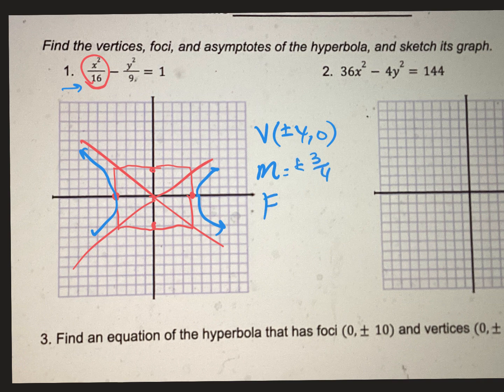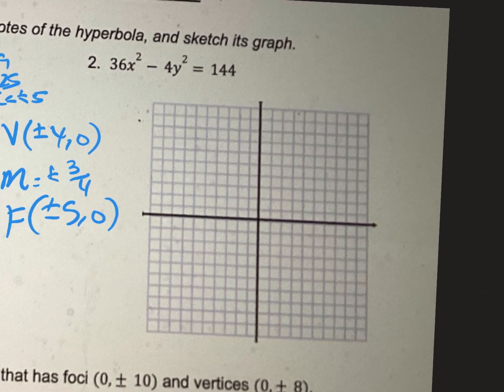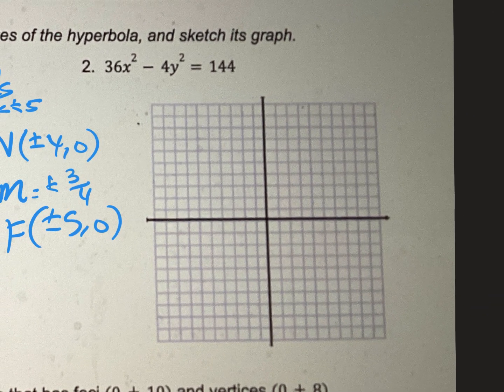And then the foci, we got to do c squared equals a squared plus b squared. 16 plus 9 is 25. The square root of 25 is plus or minus 5. So my foci, always on the major, plus or minus 5, 0. That's number 1. Number 2, about to do the same thing, except on number 2, got to divide everything by